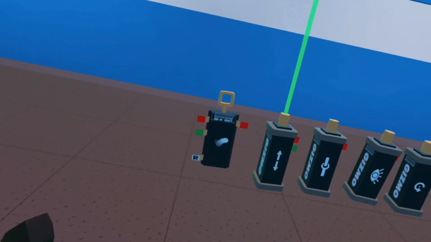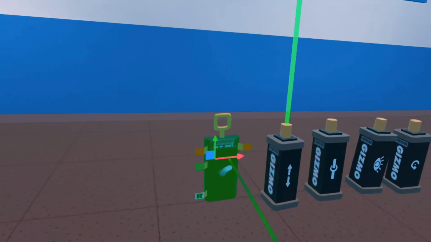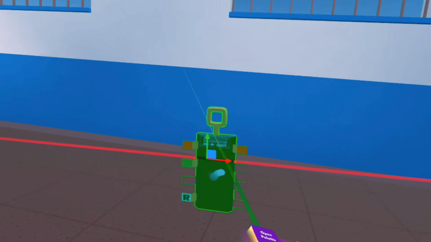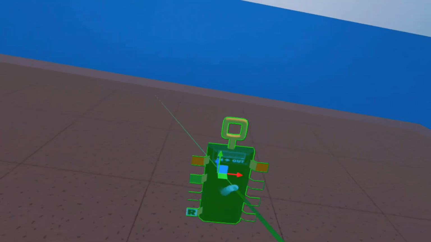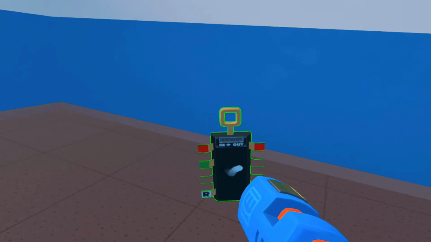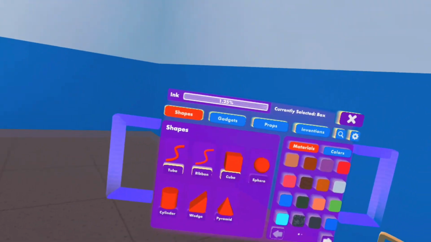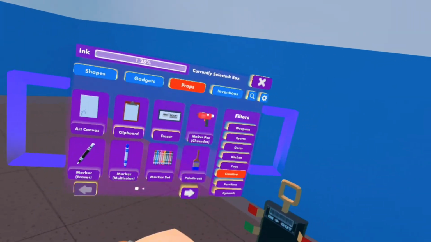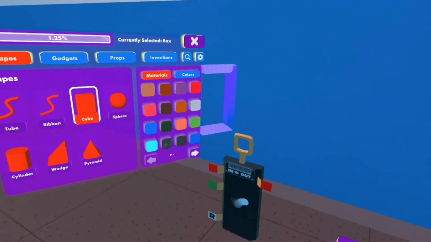Now the next gizmo we're going to use, our last gizmo, is going to be the animation gizmo. Essentially, what this gizmo does is you can hook up whatever you want to it and create custom-made animations just with this gizmo. So what I'm going to do is I've been using shapes. You can use props as well. It doesn't really matter. You can use whatever you want. I'm going to use a cube again,